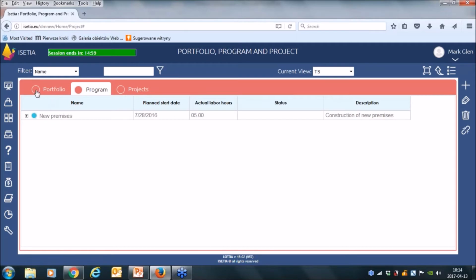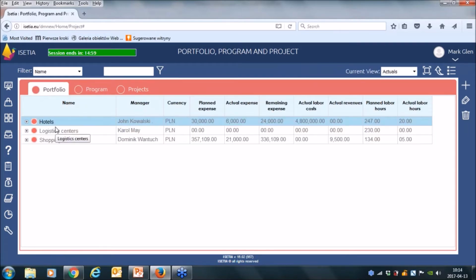So it is very important that you can have portfolio level risks, portfolio level issues, portfolio level documents, not only on the project level. So let's go further.